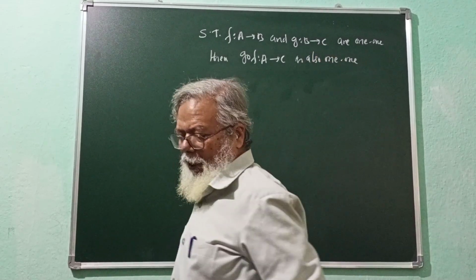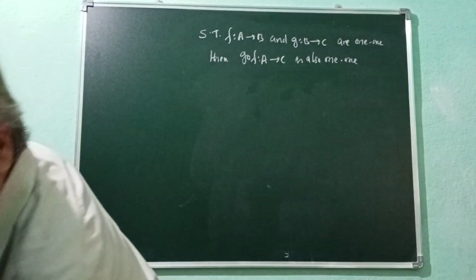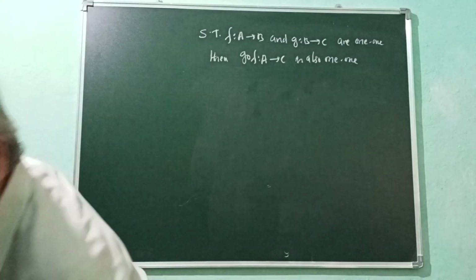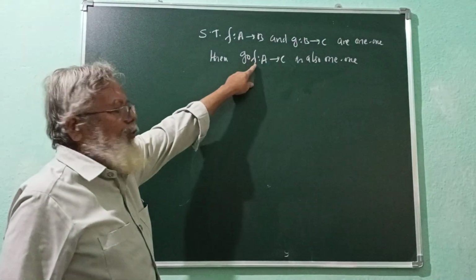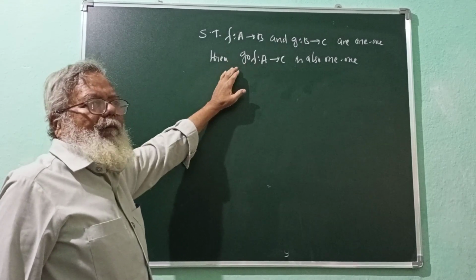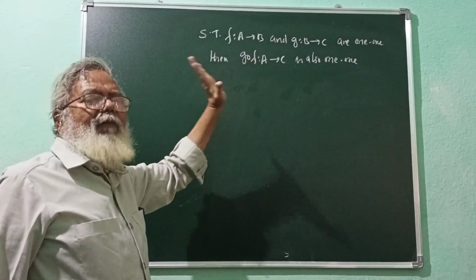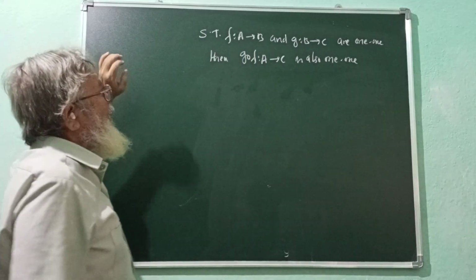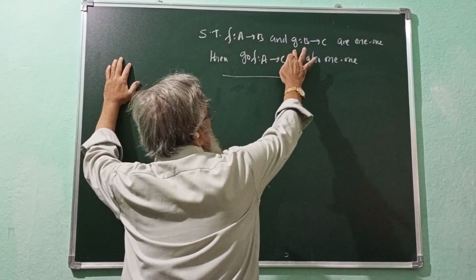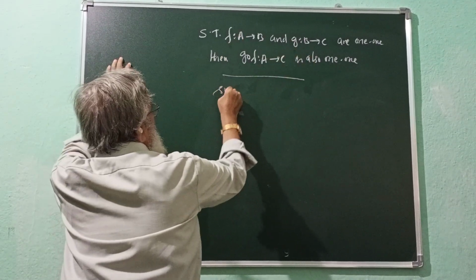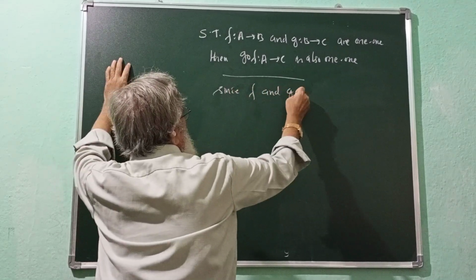Here still we have not defined the composition. We will define composition now because we have to solve this problem. See here, the composition is called g composition f. G composition f is defined as g of f of x. Simple thing, g of f of x. So therefore, here it is given that f is 1-1, g is 1-1. So we write, since f and g are 1-1,